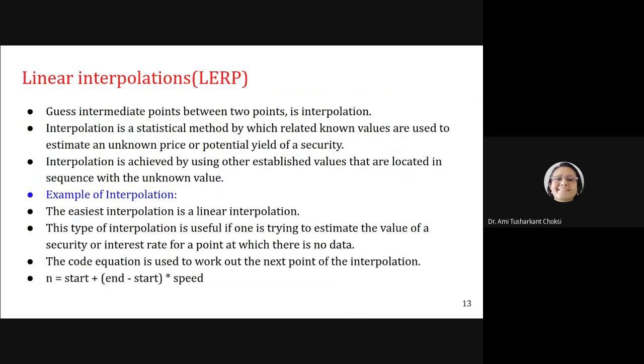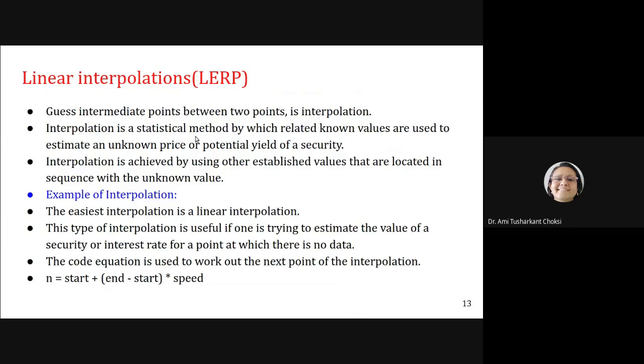Now, the next thing which we want to learn is linear interpolation. What does that mean? We can say that it can guess intermediate points between 2 points, that is the interpolation.